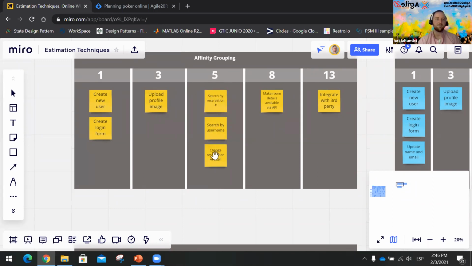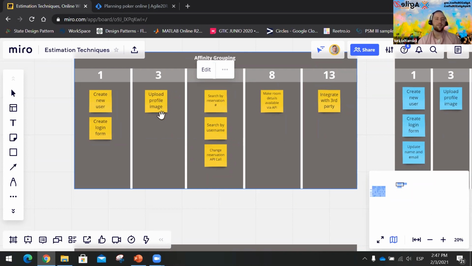So the team says, well, these items are similar, and that's fine. But if we start from scratch, right? Let's say I'm going to choose this search by reservation number. That's fine, and we put it in the center and take it as a reference point.